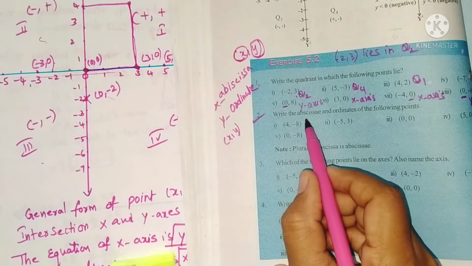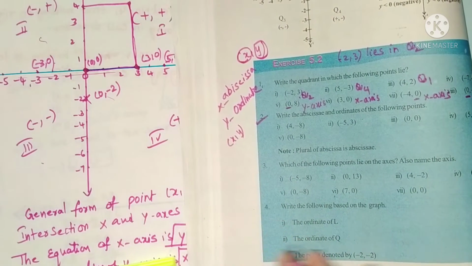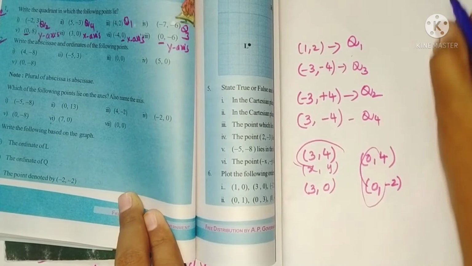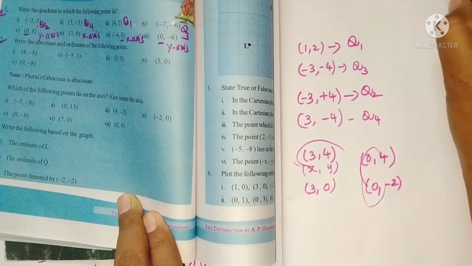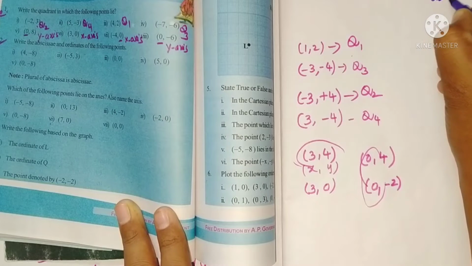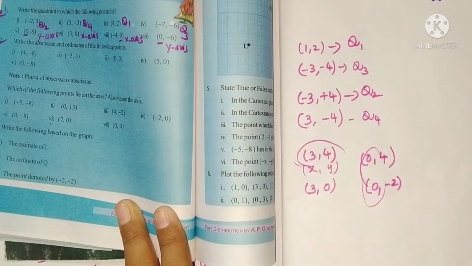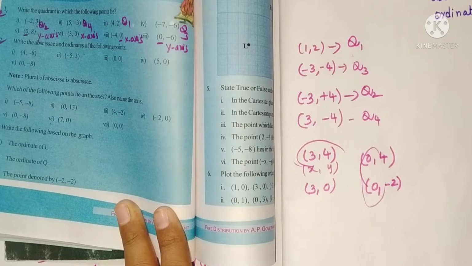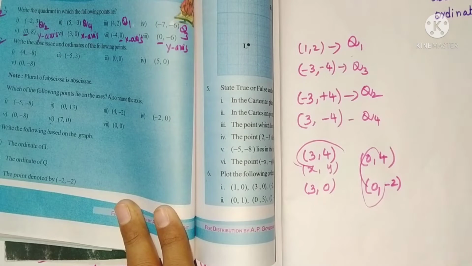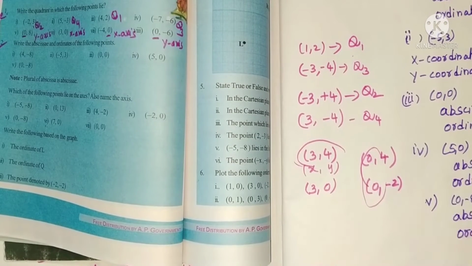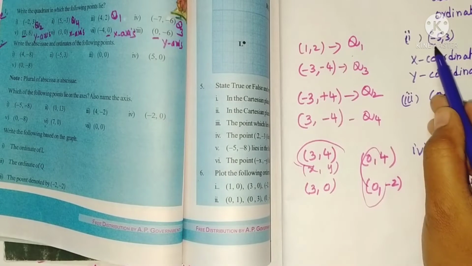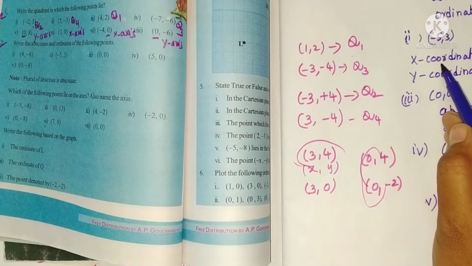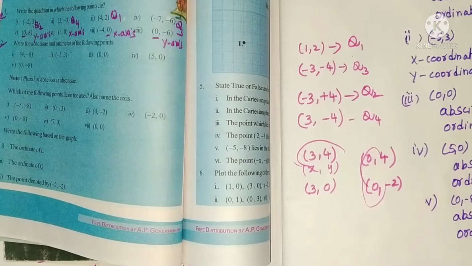So see, write the abscissa and ordinate. We'll write. So first write the point and just compare with x comma y. In the place of x it is nothing but abscissa is equal to 4 and ordinate, that means y coordinate, equals to -8. Similarly for all the points we can write. Second one, -5 comma 3. X coordinate also we can write, but here abscissa they asked. So x coordinate equals to abscissa equals to -5, y coordinate equals to ordinate equals to 3.